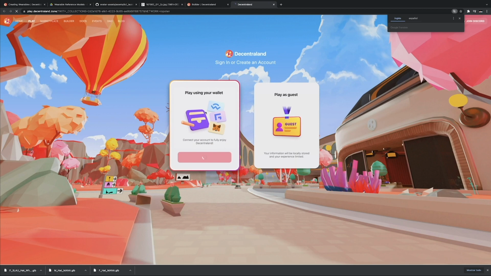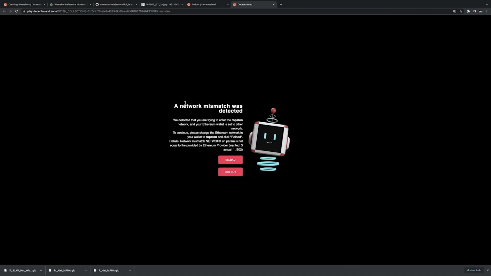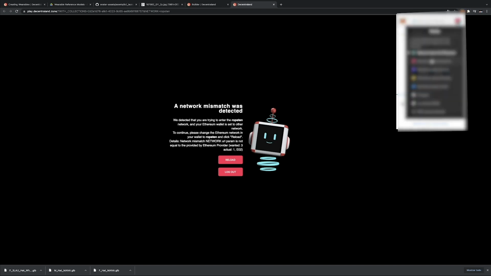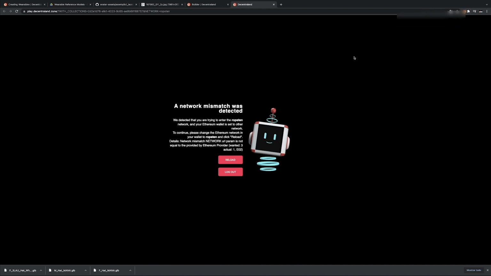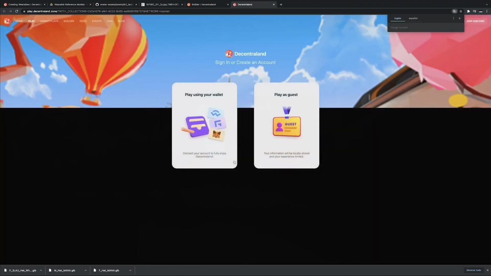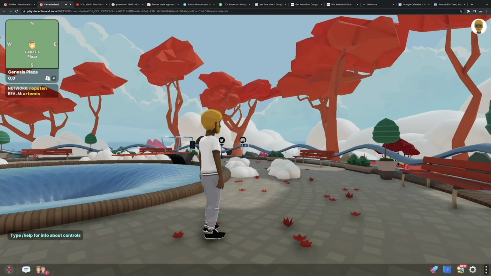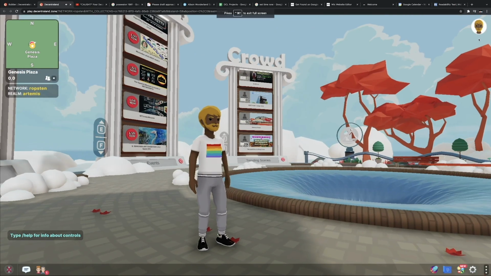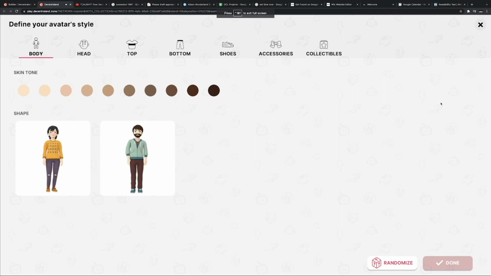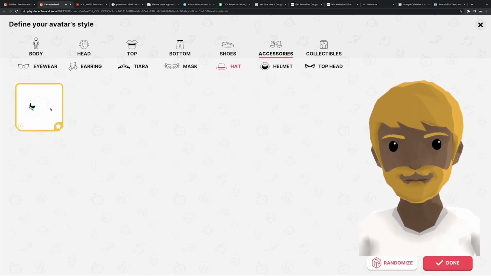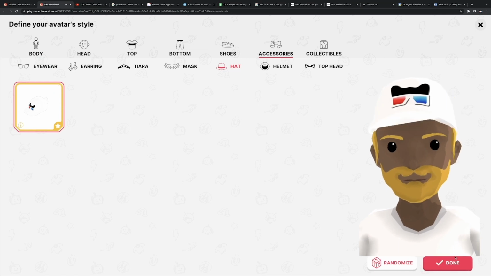Now I'm going to need to connect my digital wallet. So now we're going to come to our digital wallet and we're going to switch from the Ethereum network to the Ropsten test network. And when we're in Ropsten, we can reload the website. Okay, cool. Now we've got our Decentraland avatar here in the lobby, and we can head over to the backpack here and try on our new hat. Let's come here to hats, select it, hit done,